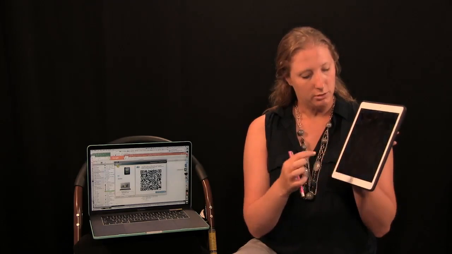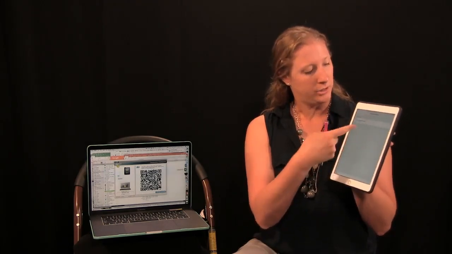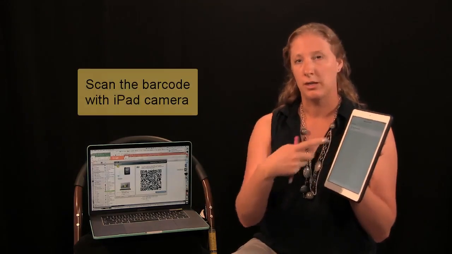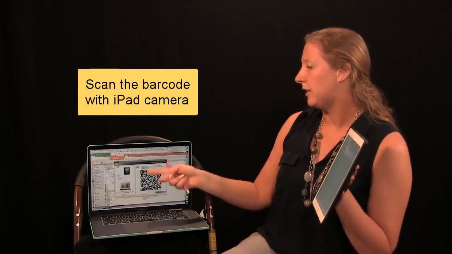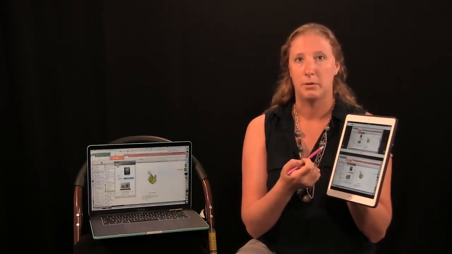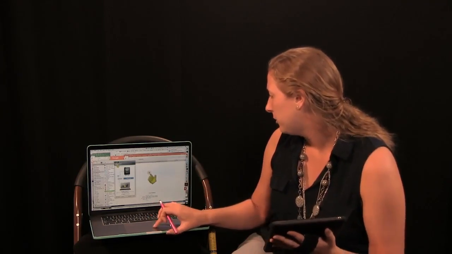So you just go through the computer, and then it actually remembers which computer I have, but if it didn't remember, it would come up with a screen and you would just scan the barcode onto your camera. So it just instantly connects because it remembered my computer. And then from there, you can go over to your PowerPoint